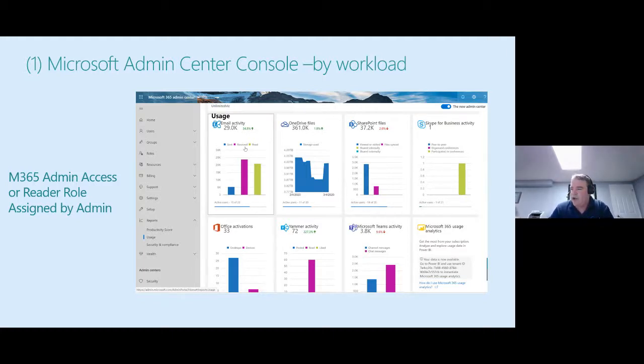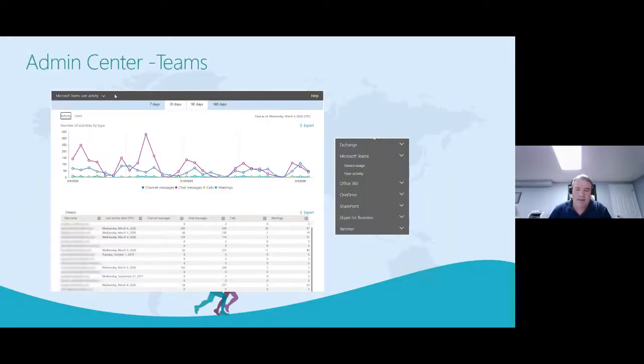So you'll have cards giving you some good telemetry data on how things are working within this environment. I could click on any one of these cards and do a bit of a drill down to see what's going on more specifically. And then when I do that, as an example with Teams, you can see some channel information in regard to this.